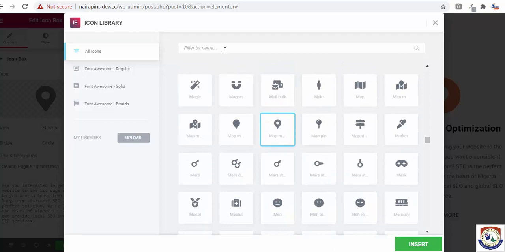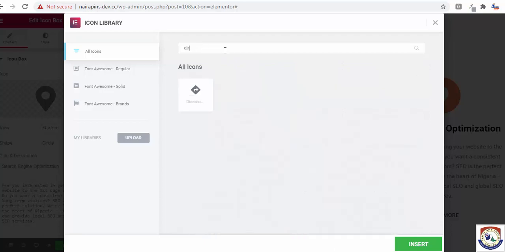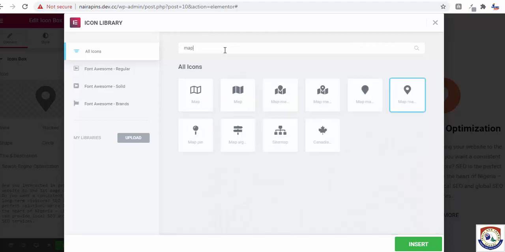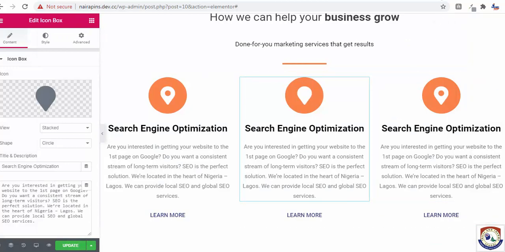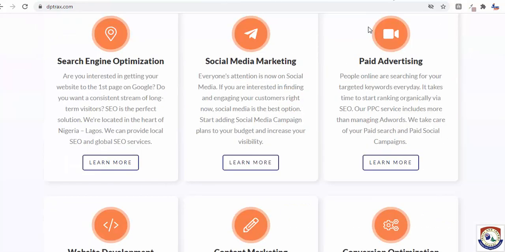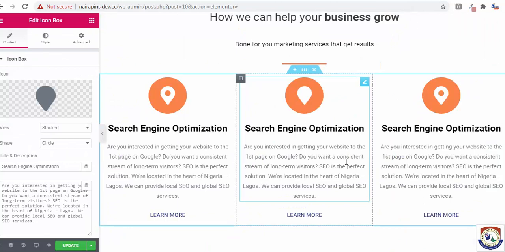Let's see, direction. Okay, map. Okay, let's choose this. Insert. So this is just for tutorial purposes, okay?